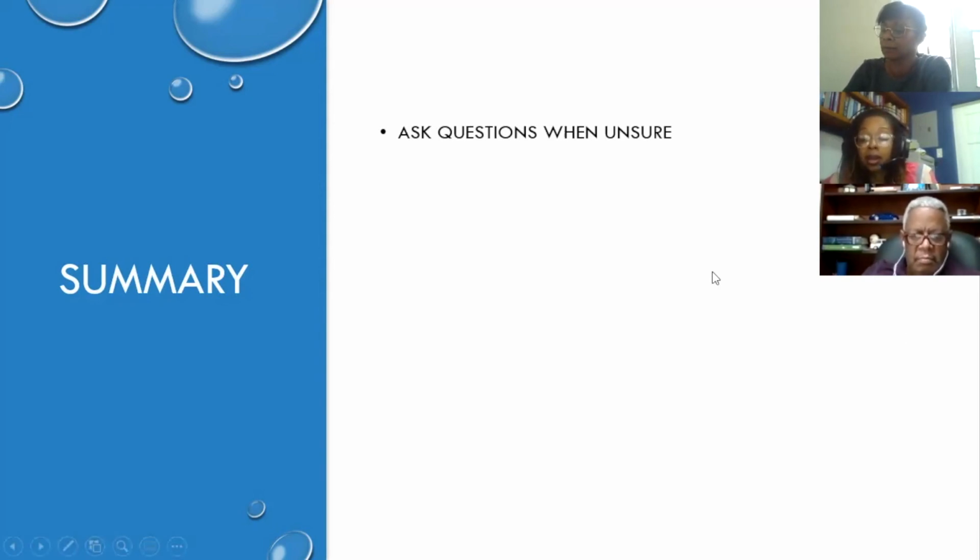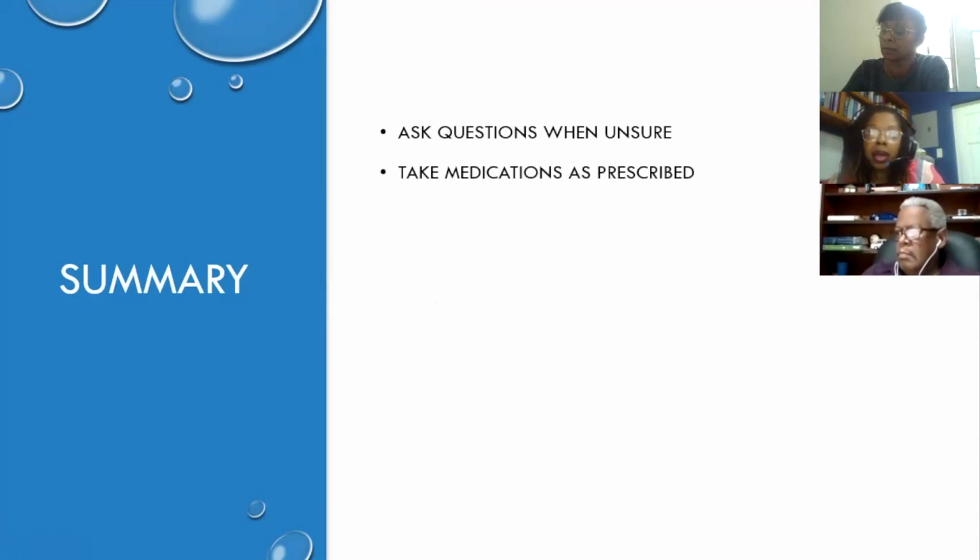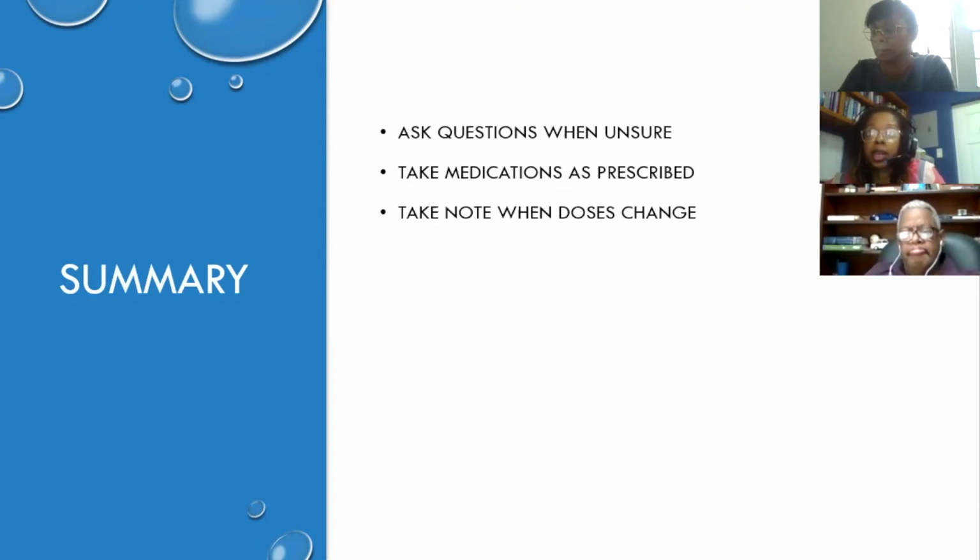These are things that you're taking usually every day, and you should be comfortable and understanding why it is that you're being given these things. And take the medication as prescribed. It is of no benefit to you if you're not taking the medications as prescribed and still having issues. And if you stop the medications, then we need to know, because we need to know you're managing quite fine on whatever it is, so that we're all up to date. And this is why you need to take note when doses change, and you need to inform everybody of the changes. Certainly in our setting, and I'm sure for other patients who have renal